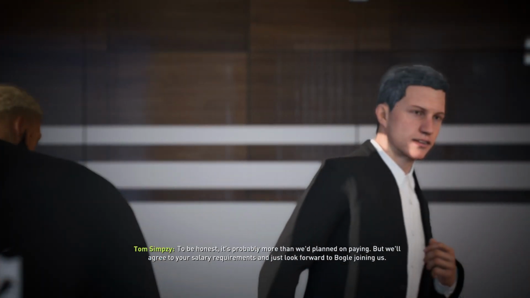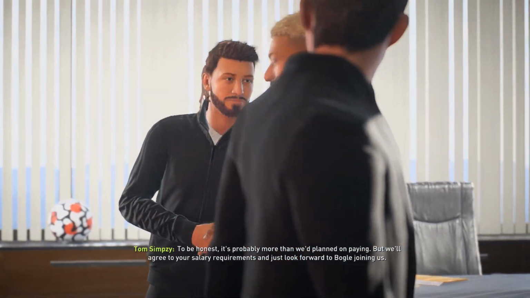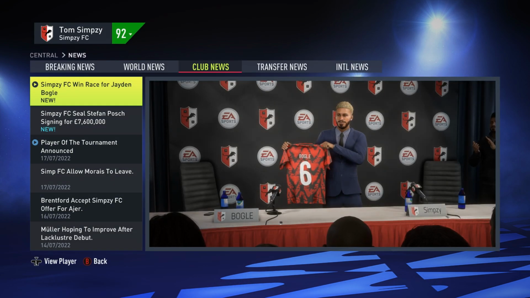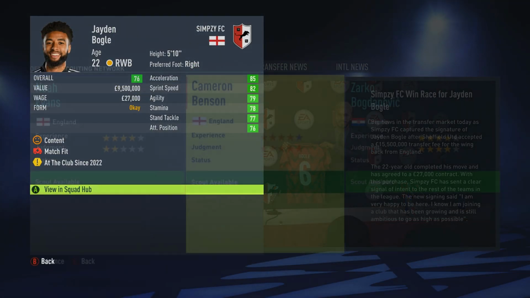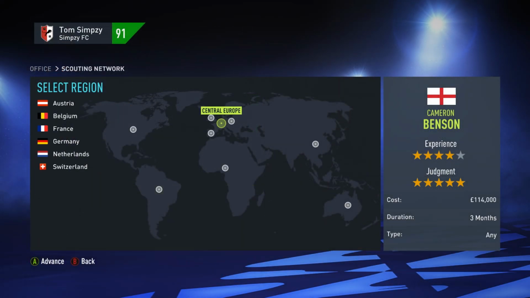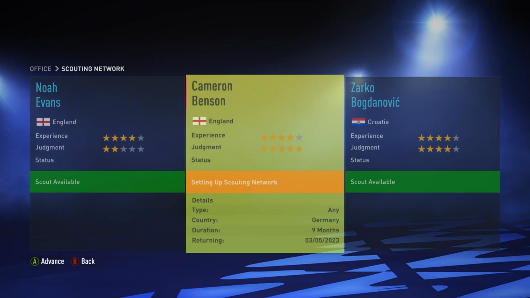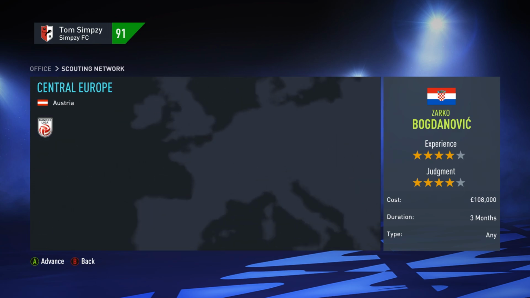We have massively restructured our defence, basically due to selling Hickey, Lambert, and Wolf going forward. And we've strengthened those positions with free contracts. Hernandez, Chicharito in, Lambert out, Jesse Lingard in, and Wolf out. So we've signed Jaden Bogle. Going to set up some scouting networks as well. I think I might change it up this season. I went for, what was it, Ireland, Scotland, and Austria. We'll send one to Germany. And I guess we'll send one to...